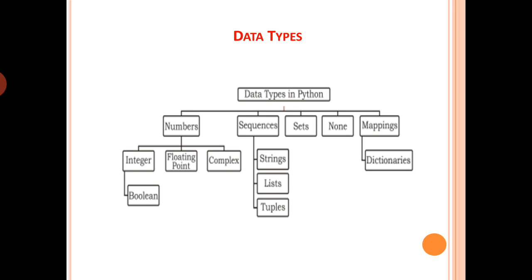Data types. Students, every value belongs to a specific data type in Python, as you have already read about data types in SQL also. Data type identifies the type of data which a variable can hold and the operations that can be performed on those data. The figure enlists the data types available in Python.